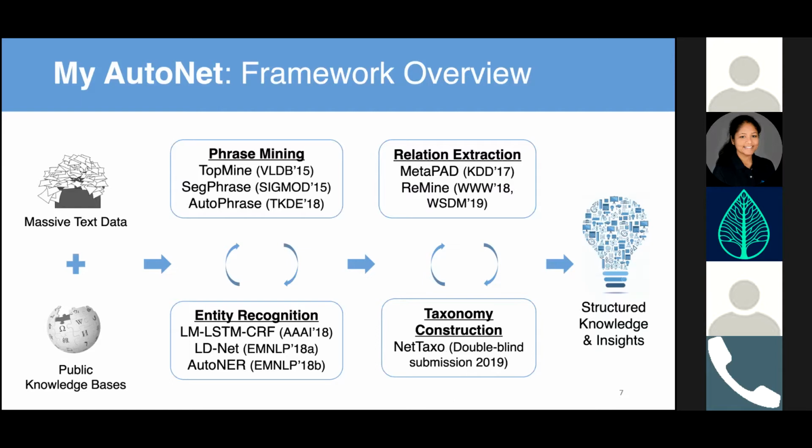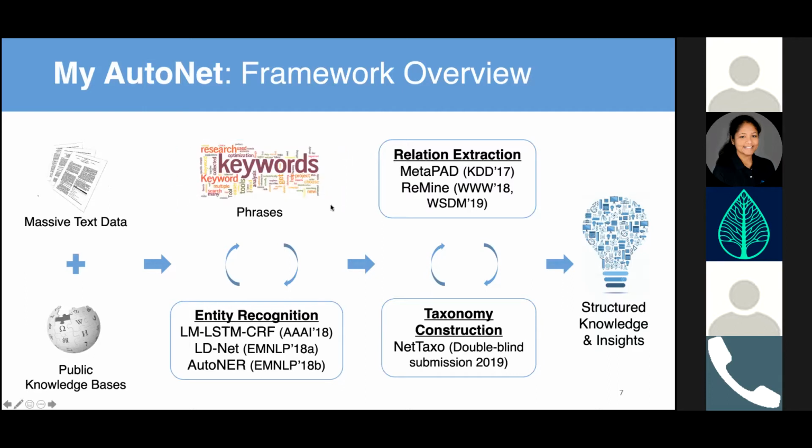So let me walk you through this framework and see what example we can have. Suppose we're looking at all these computer science research papers. They are mostly focusing on computer science here. We are familiar with data science to some extent, so we will try to use this as an example. And we can still use Wikipedia for this because there will be some overlap between this CS corpus and Wikipedia.